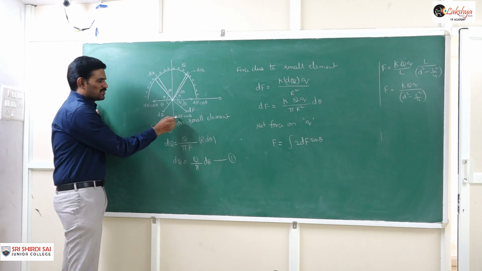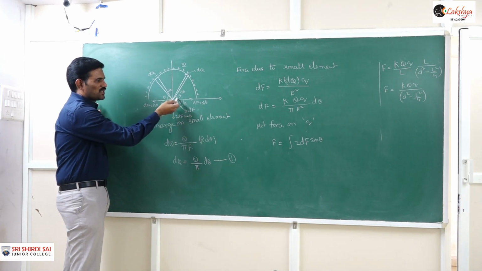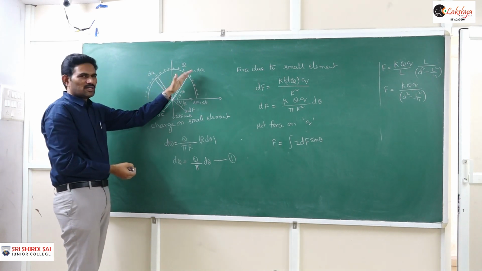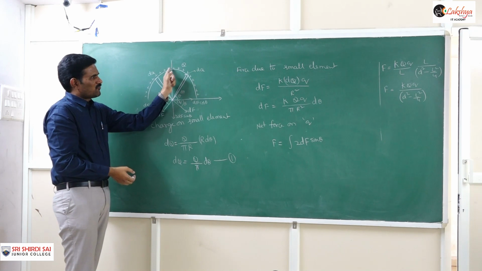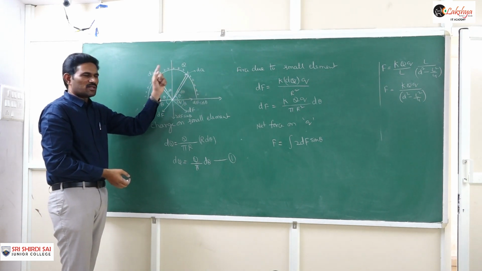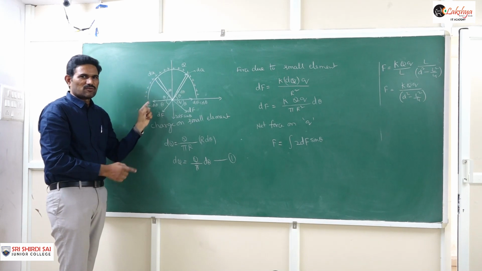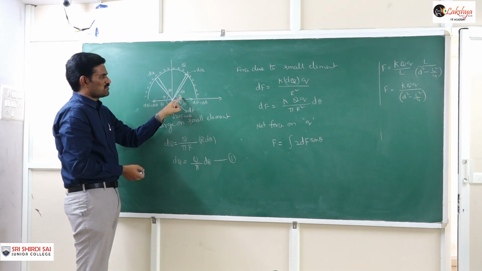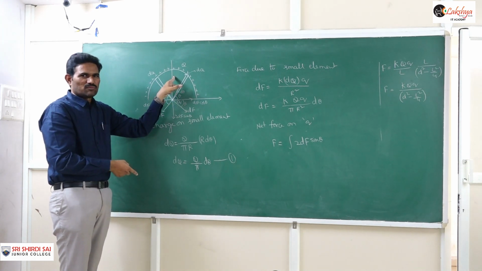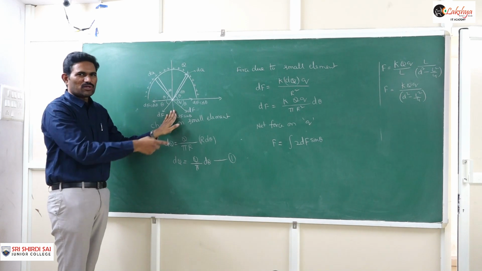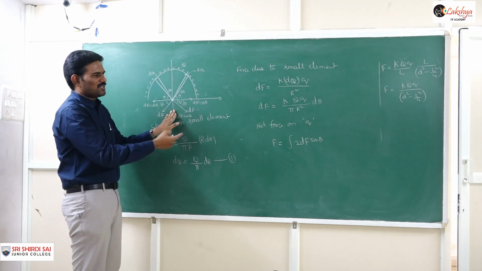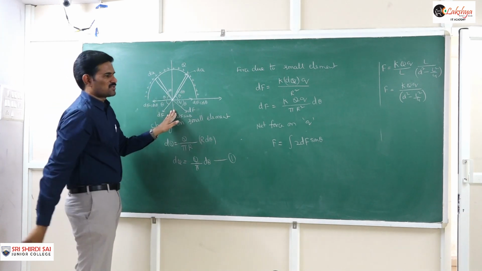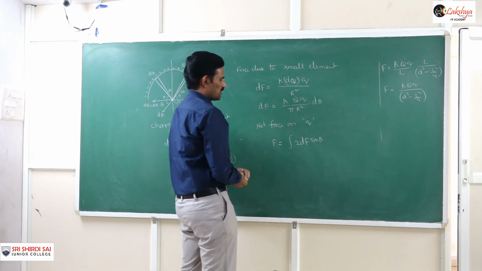If you are not taking this 2, then this theta value should be considered from 0 to 180. We are taking 2 means this element we are considering and this element also we are considering. Like that, if you take this 1/4 of the circle, automatically the other 1/4 of the circle is also considered if you are taking that 2. And so we need to take the limits for theta from 0 to 90 degrees only if you are taking that 2. If you are not taking this 2, and only integrating dF sin theta, then the theta value we should take for the total figure. That means from 0 to 180 degrees, the complete semicircle we need to consider. In first year also many such problems are there.